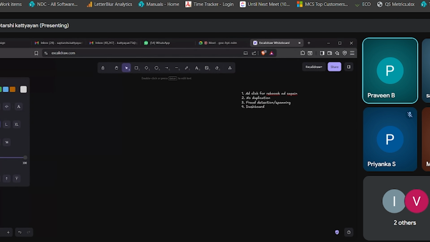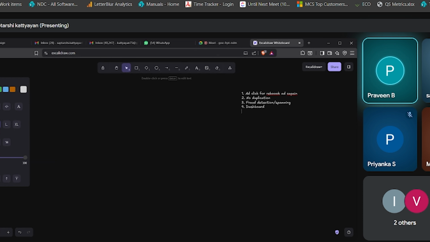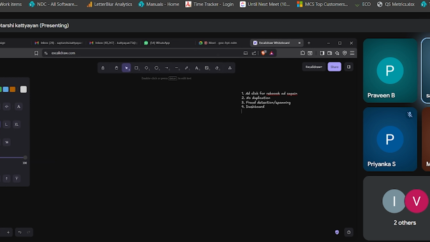Do we plan to have any kind of billing system so that the advertiser can be billed? Like I was telling, do we need any kind of billing system?